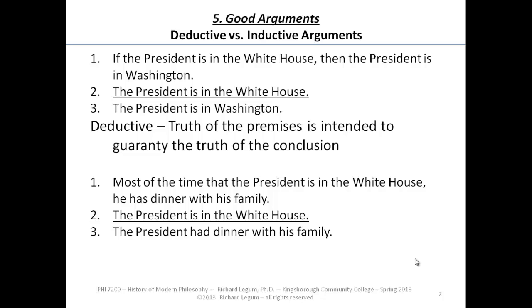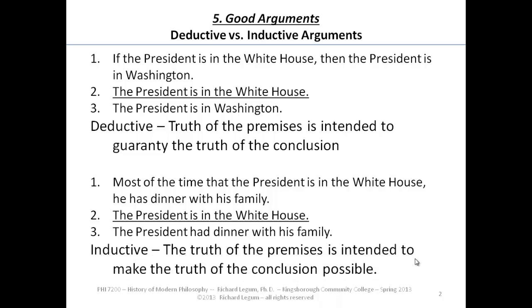Now, certainly those two premises give you good reason to believe that conclusion. They make that conclusion possible, but they don't guarantee its truth. It could be the case that this is one of the very small number of times when the president is in the White House, but he's busy conferring with his advisors about some kind of crisis, and that's why he did not have time to have dinner with his family. So we see that the truth of these premises are supposed to, or actually in this case do,